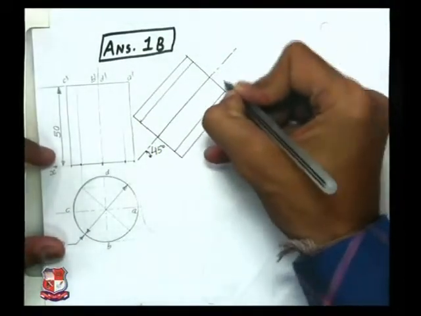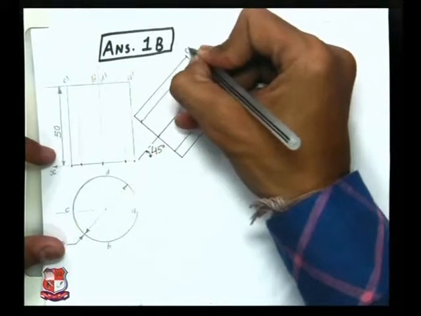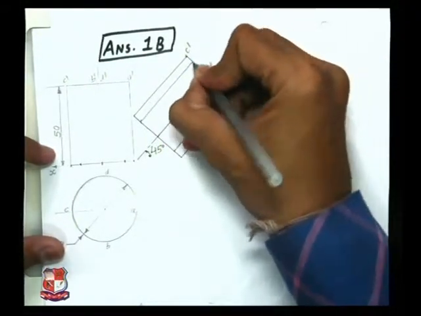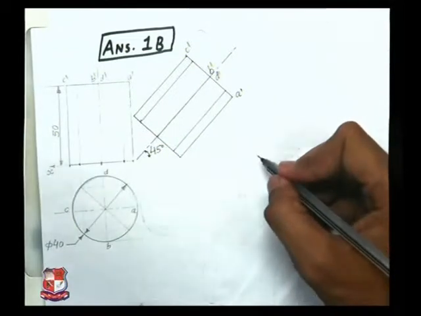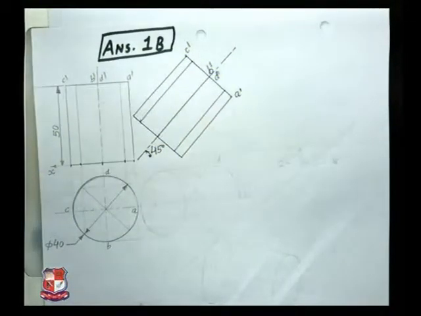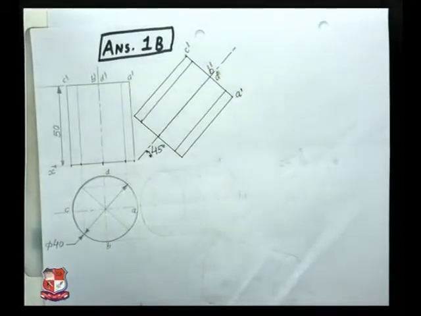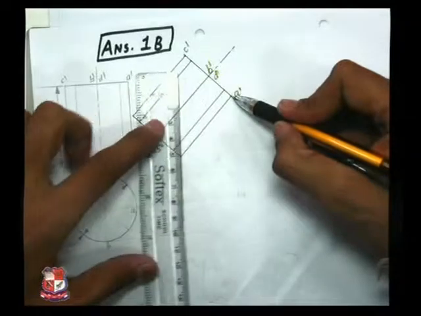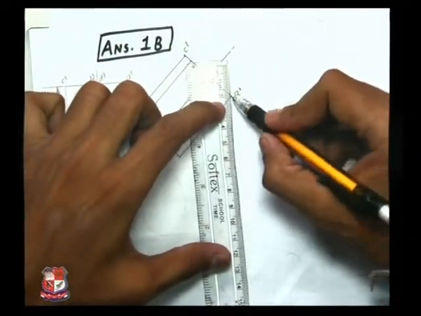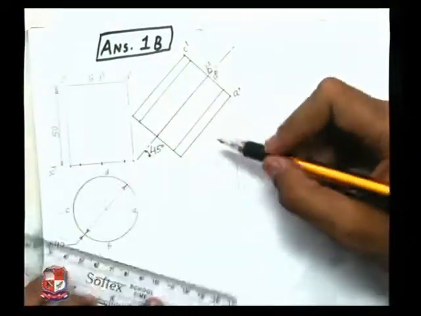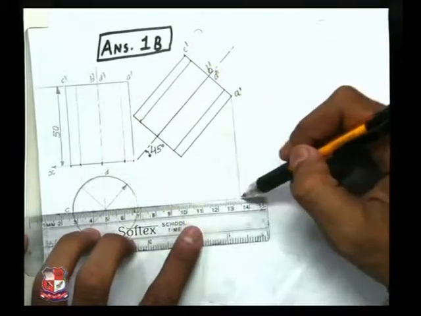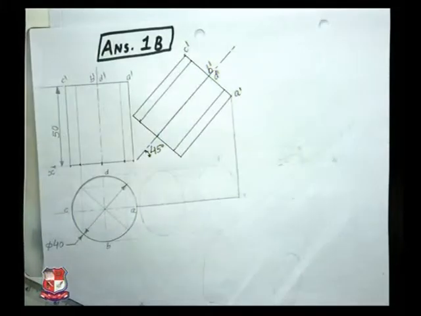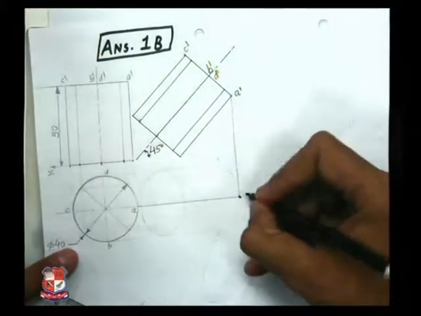So this is point A dash, here is point B dash, C dash, and here is point D dash, like this. And intermediate points are respectively 1, 2, 3, 4, or any name you can give. Now take projections to its top view like this. Projections from front view and top view: a vertical line from point A dash and a horizontal line from point A. Both will cut at one point. So here is point A. Our first point A would be here.